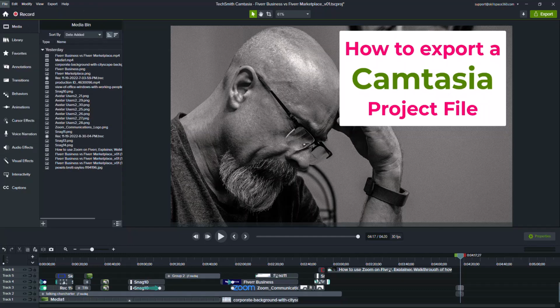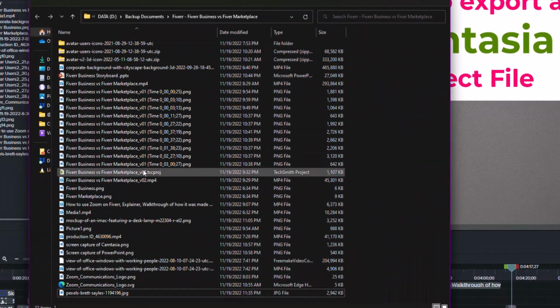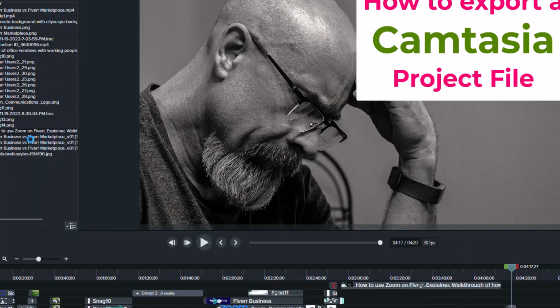Because a lot of times, the challenge that happens is people will just send the TSCPROJ, so that's the TechSmith Corporation project file. They'll just send that, which is super small. This whole thing is really big. I mean, some of these aren't included in the project, but still, this is a much bigger package. And in order to make sure everything that's in here is inside of one folder, that's the other big challenge,